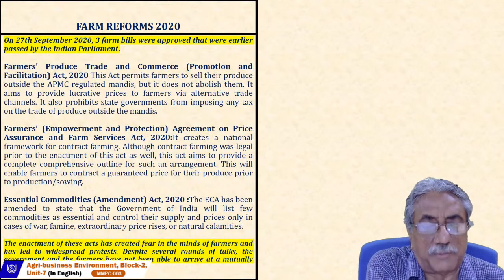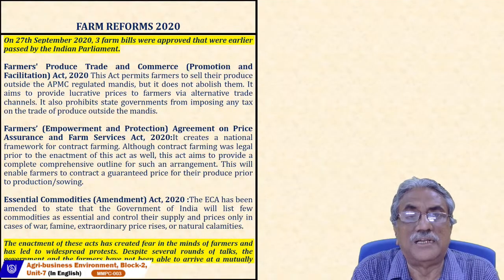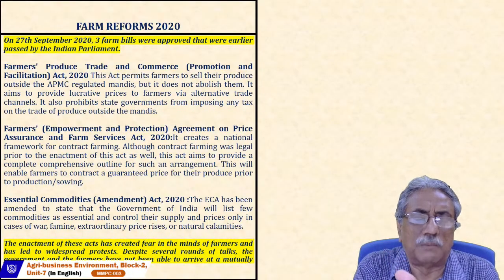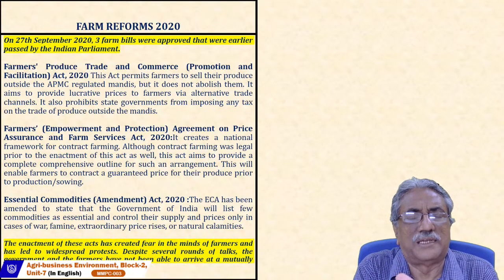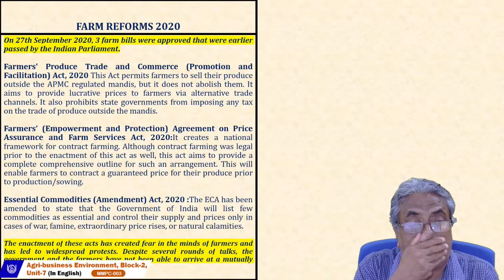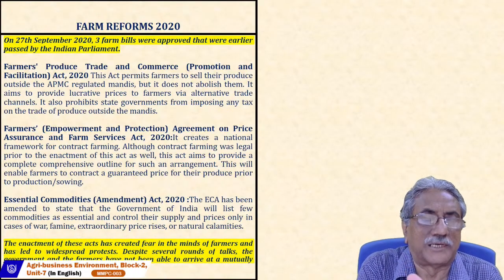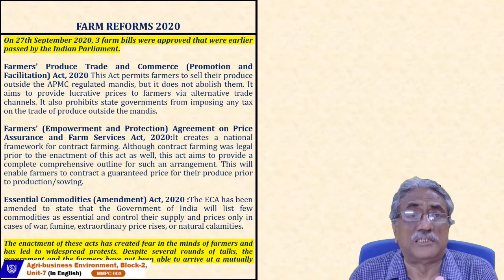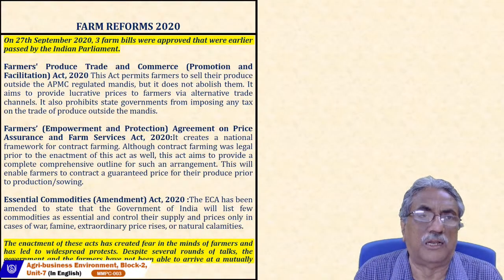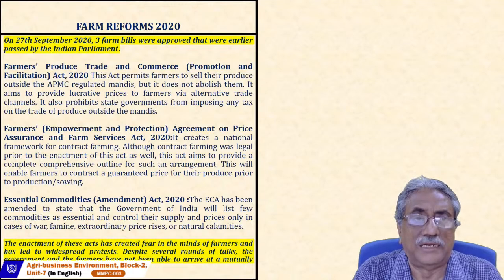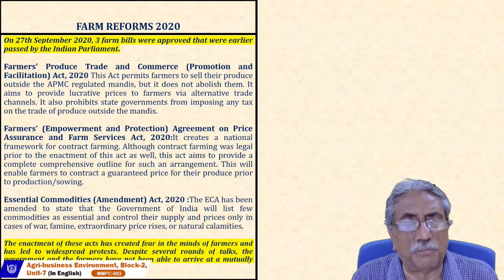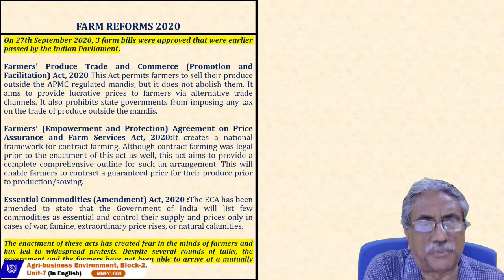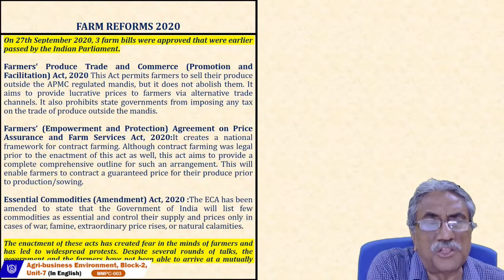The farmers' statement was that this is legalizing my sale outside the market, and though government is saying minimum support price is there in APMC, or Agricultural Produce Market Committee, there is no guarantee that it will be purchased there. So I may have to go and sell outside at a lesser price, which was technically not allowed earlier. But now with this act, it is allowed. So big buyers, industrialists, they can artificially reduce the price and acquire the products.